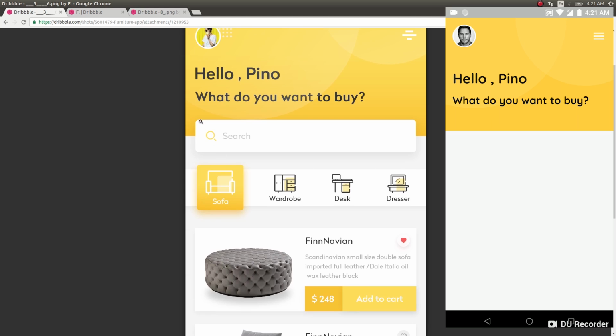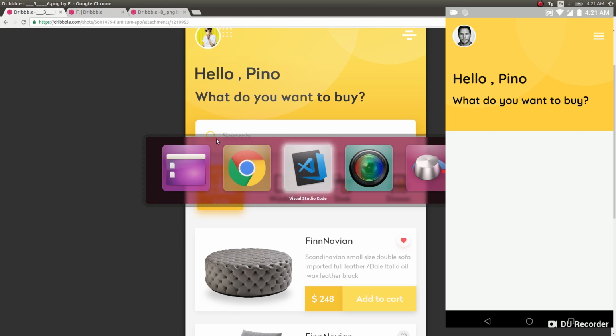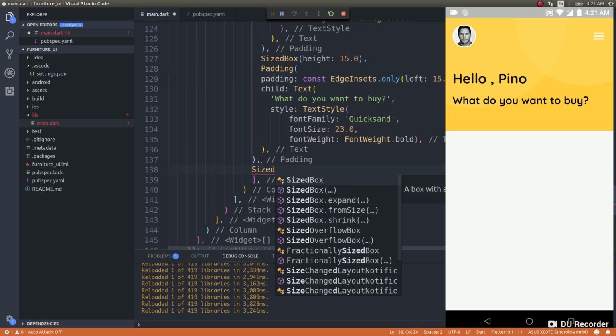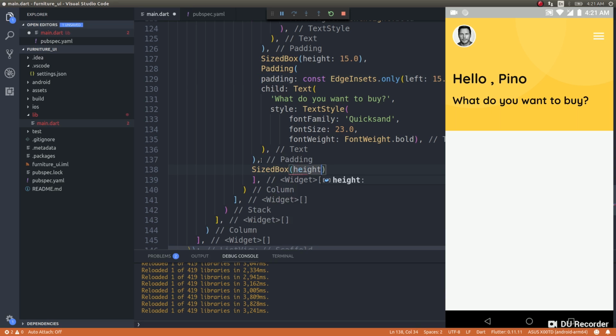Now let's go ahead and do this search box. Okay, this looks really good. So white search box, it's filled white, and then there's a small yellow colored magnifying glass as a prefix icon. So after this padding, I'll give a sized box. Once again, sized box of height 15.0. I'll even have more height, 25.0,